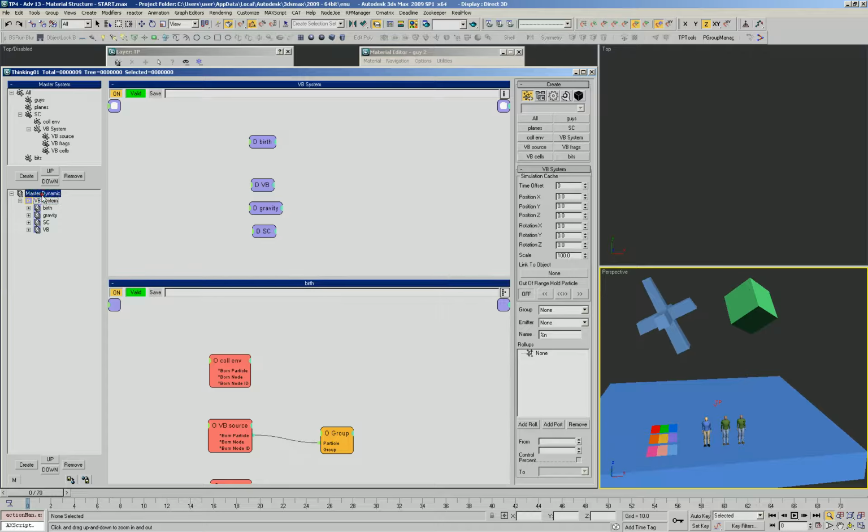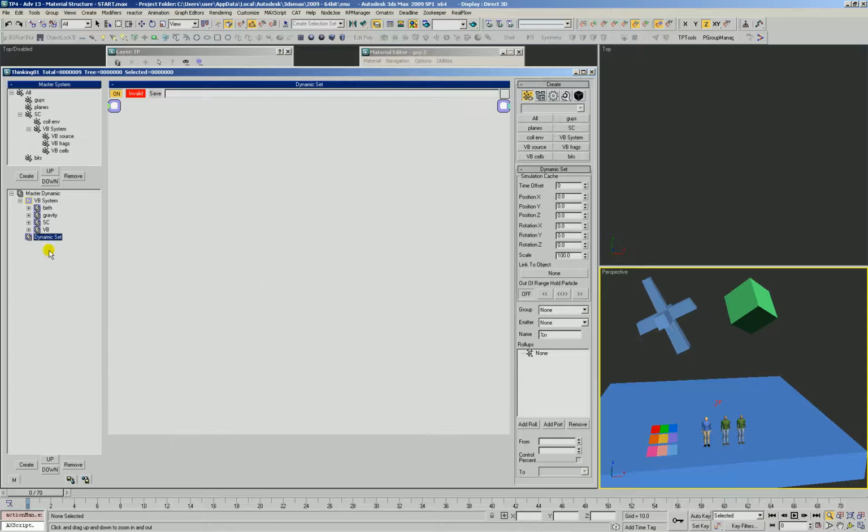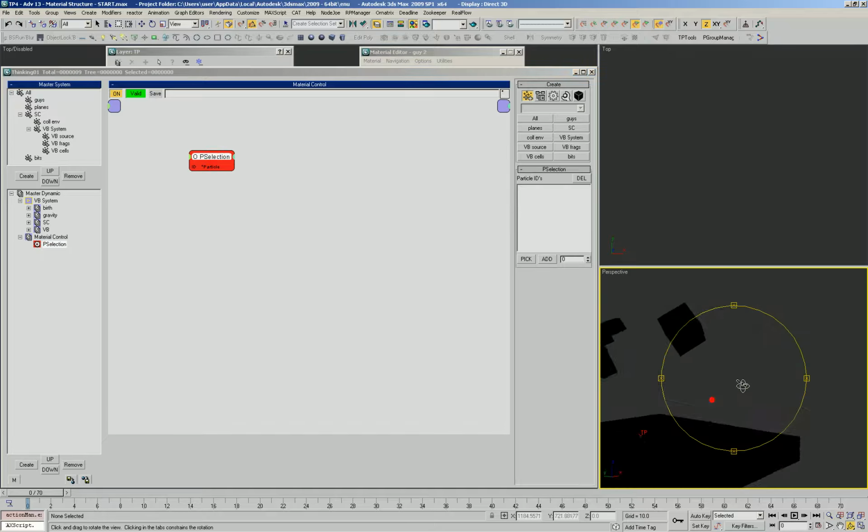Another way is to add an extra dynamic set here at the end, and we're just going to call this one material control. And this one's a little dangerous and it doesn't quite offer as much control, but we're going to go ahead and kind of hack through this, because a lot of times, you'll have